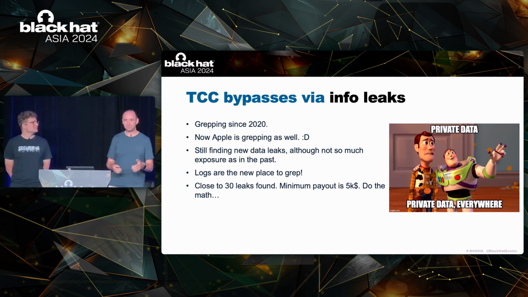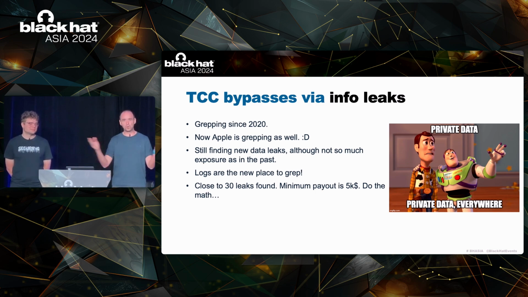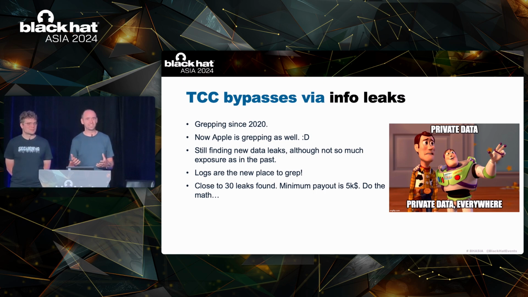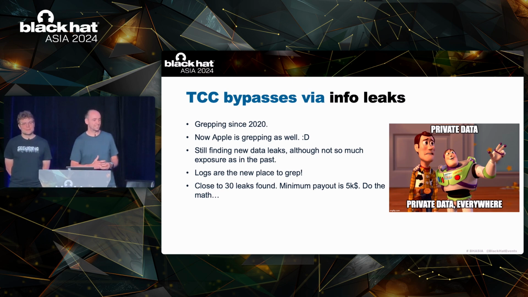So I started to grep for private information on the file system, and it was all over. As of today, I think I submitted like 30 info leaks. Apple does a minimum payout, $5K US, for a vulnerability, and a TCC leak is considered a vulnerability. You can do the math, how much a grep is worth. File system leaks are going away because I think we found most of them nowadays, but logs are the new